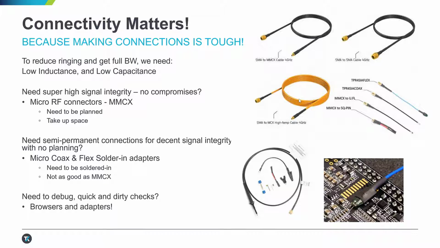In some cases, we understand that the board layout and design is already spun, and so additional test points like MMCX barrels cannot be added. So we've included different semi-permanent connections within our power rail portfolio as well. We have solder-in adapters that connect to different test points,